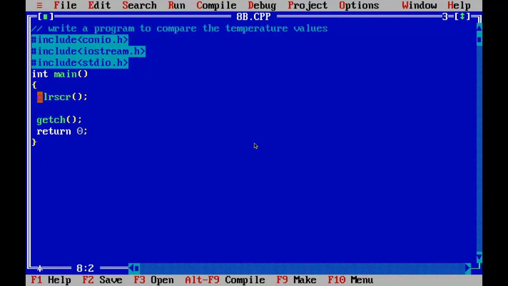Now cout, first display the message, enter the temperature, cin temp, temperature. This is a variable. Temp is a variable.